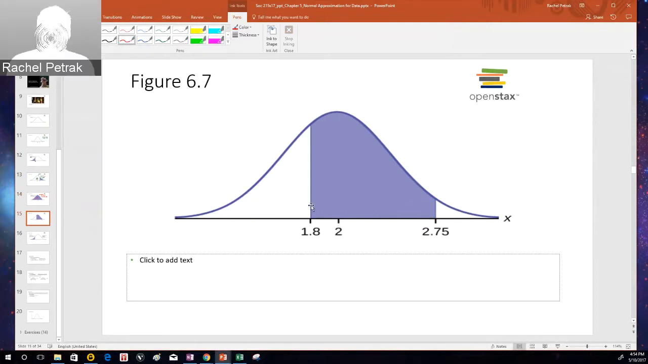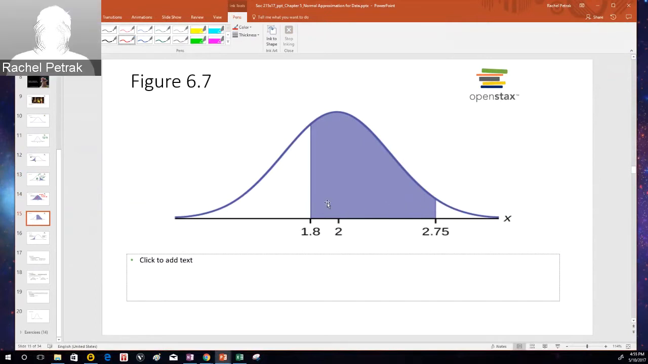And now here's a somewhat trickier scenario. In our other scenarios, we could see that our shaded proportion was at one or another tail of the distribution. But here we've highlighted just a portion of the distribution, this area in the middle. For whatever reason, we want to know the proportion of scores that fall between these points, 1.8 and 2.75. And so we can find that too by using our Z table to find the areas